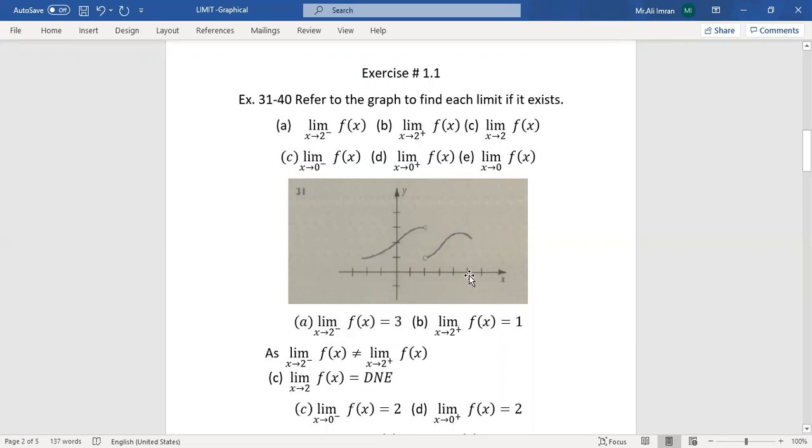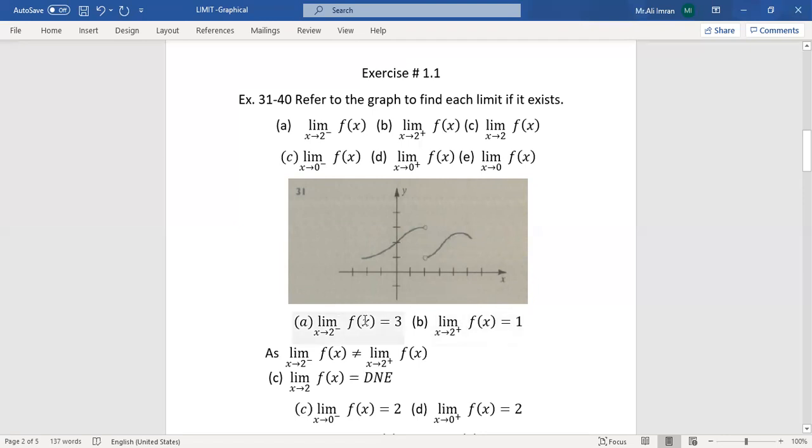Now we will proceed to the limit from right hand side, that is values greater than 2. This is the path for values greater than x is equal to 2. If we approach toward x is equal to 2 from right hand side, the value of the function is equal to 1. Graphically, we show the value of limit by open circle. As left hand limit is 3 and right hand limit is 1,